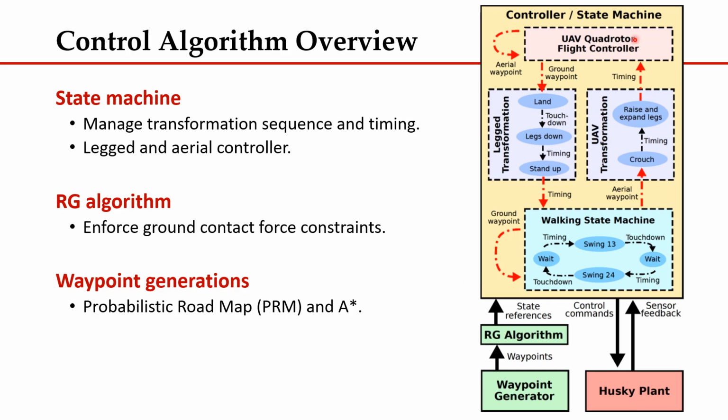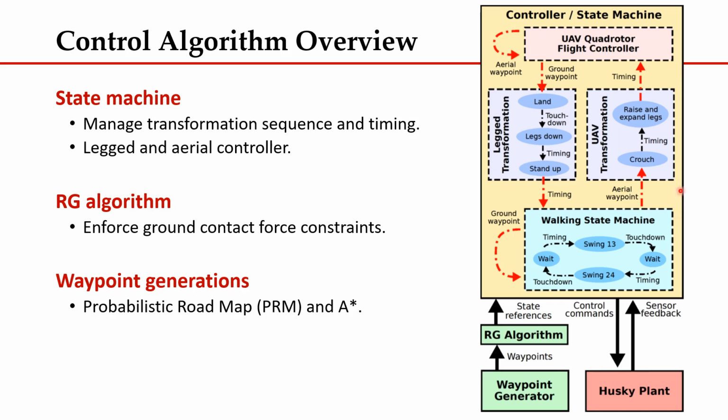We have two modes of locomotion, which are the flying state and the walking state. In the walking gait, we have a typical trotting gait over here. It has two swing states, where the two diagonal legs move forward, and then the opposite legs move forward. This is done open loop with open loop timing, so it's kind of like a fixed gait cycle. And depending on the next waypoint,